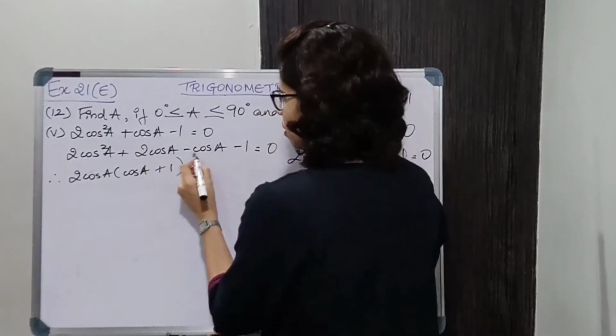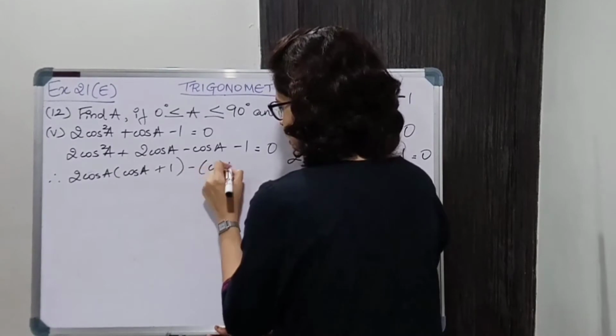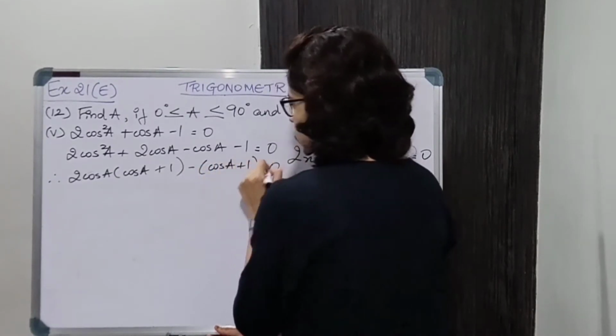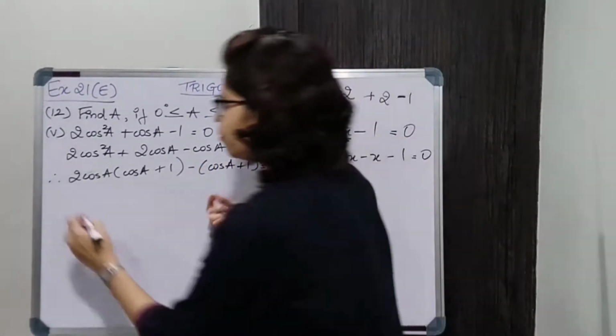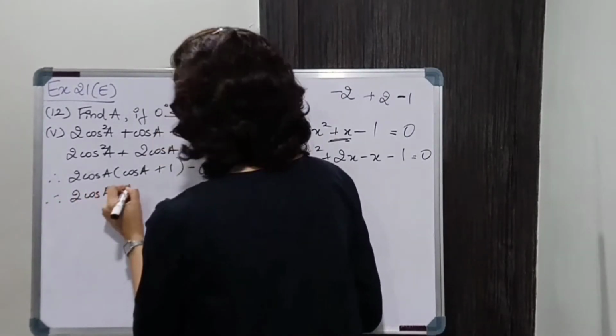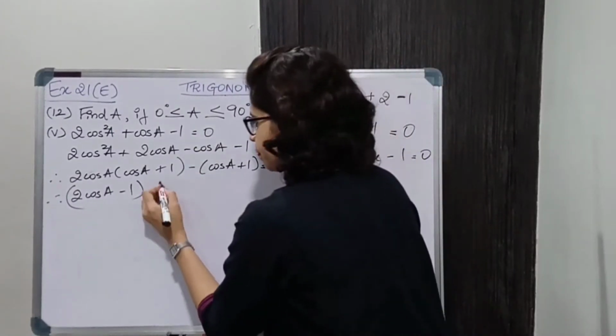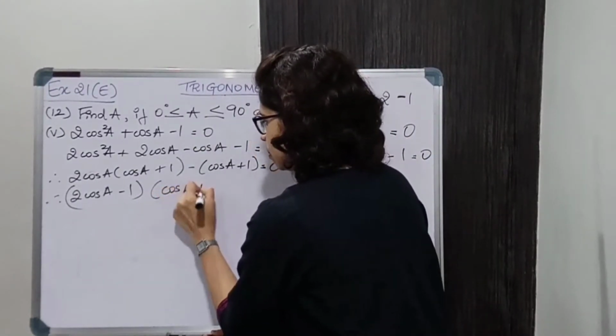Plus 1. Now here we'll take minus common, so we are left with cos a plus 1. Therefore 2 cos a minus 1, since it is minus, minus 1, into 2 cos a plus 1